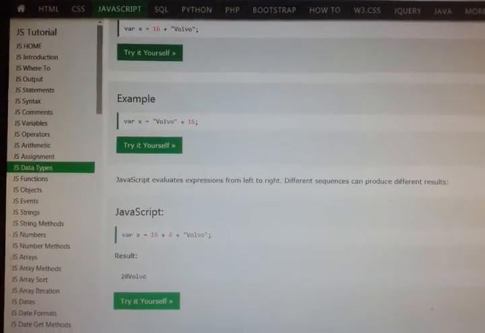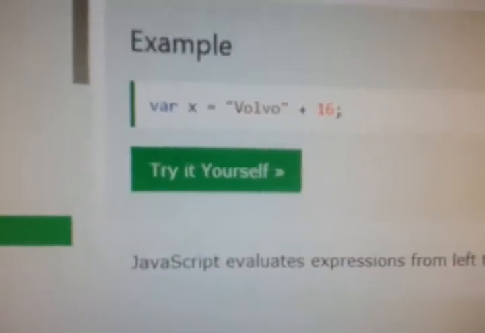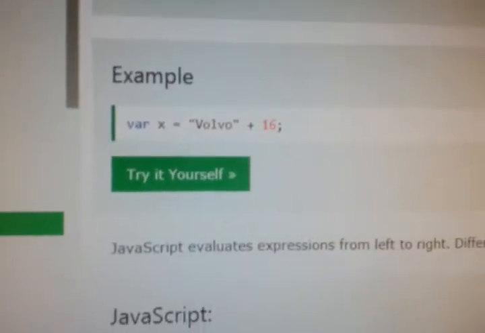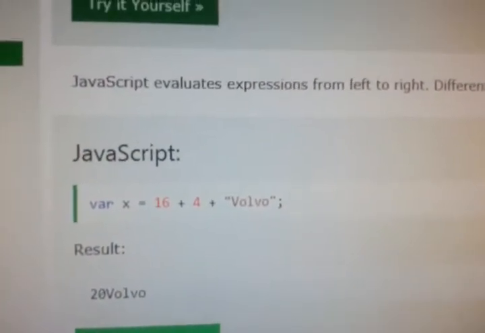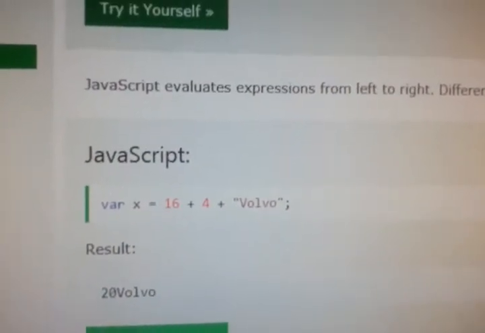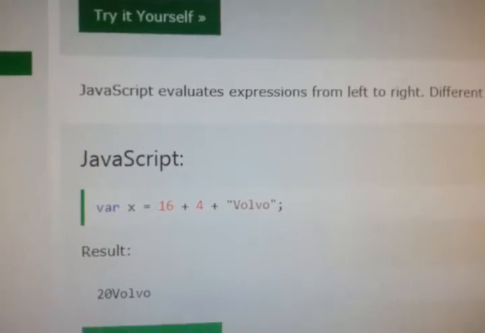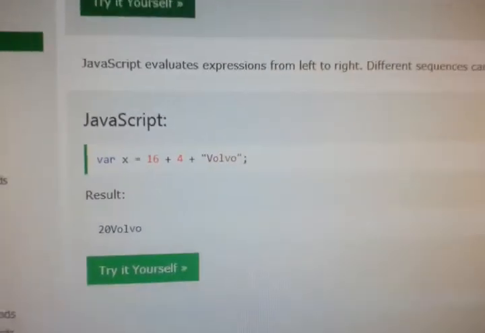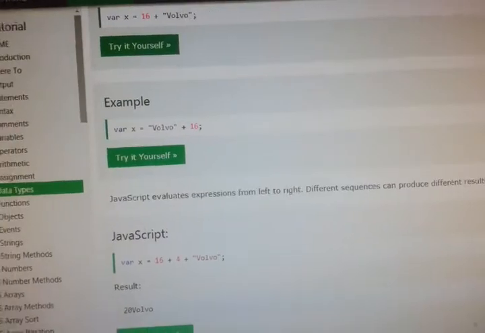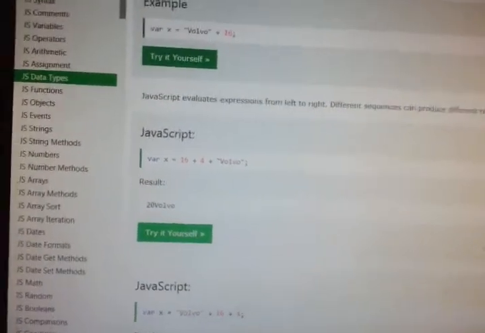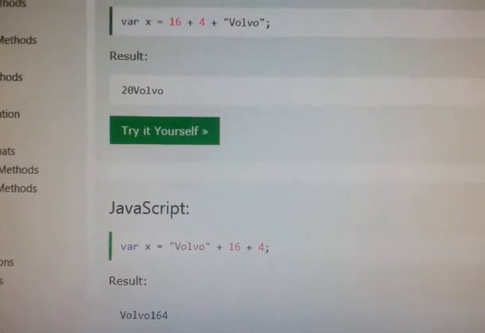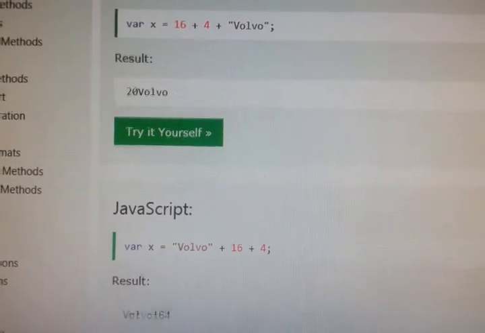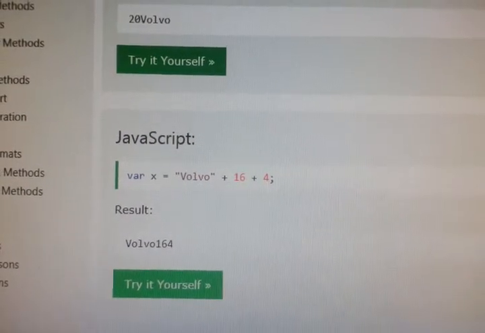That is, with variable x is equal to "Volvo" plus 16, the output we will get is Volvo16. Now if we write variable x is equal to 16 plus 4 plus "Volvo", we will get 20Volvo. And if we write variable x is equal to "Volvo" within double quotes plus 16 plus 4, we will get Volvo164.